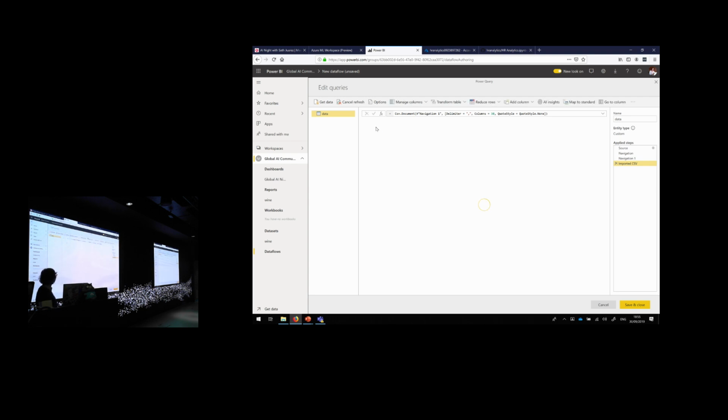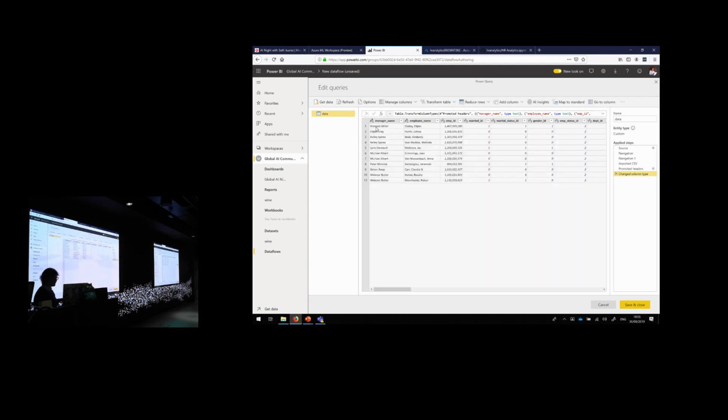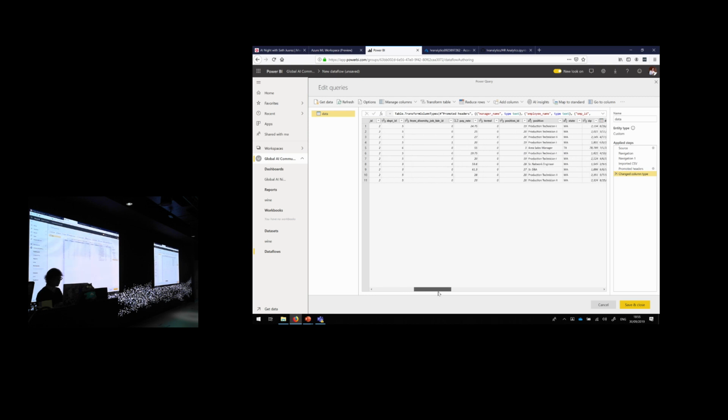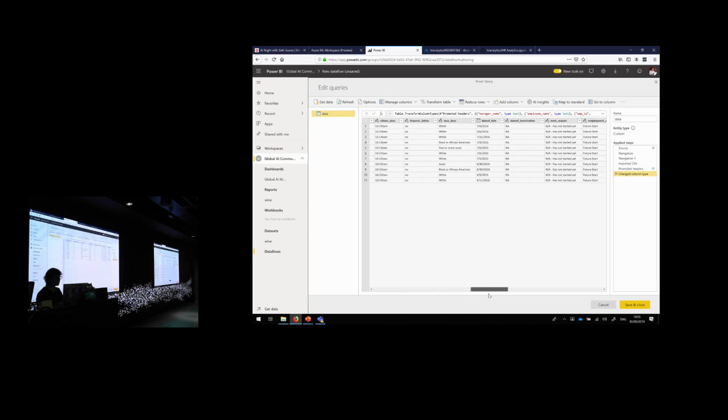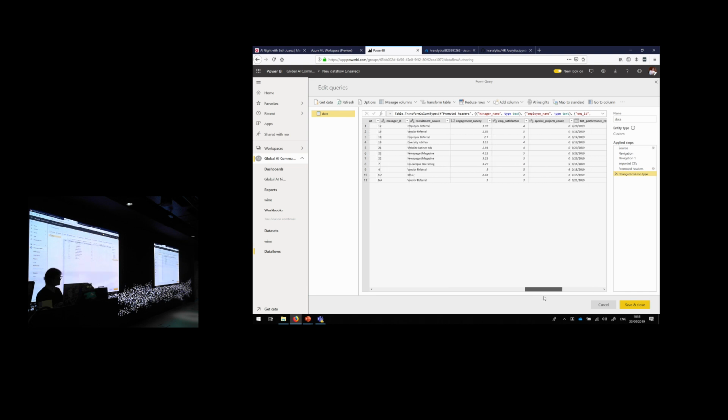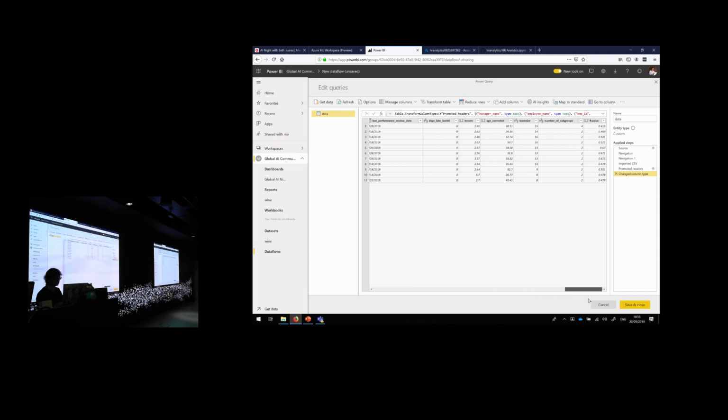Fingers crossed that it does import it. Yes. Good. Phew. Good, that's there. So this is our small validation set that we saved apart to run the model with. And as you can see, we've got the manager name, etc., etc. But we don't have our performance score here, right? Of course, we removed that because this is a validation set. So it's not there. Okay, so now how do we get it?